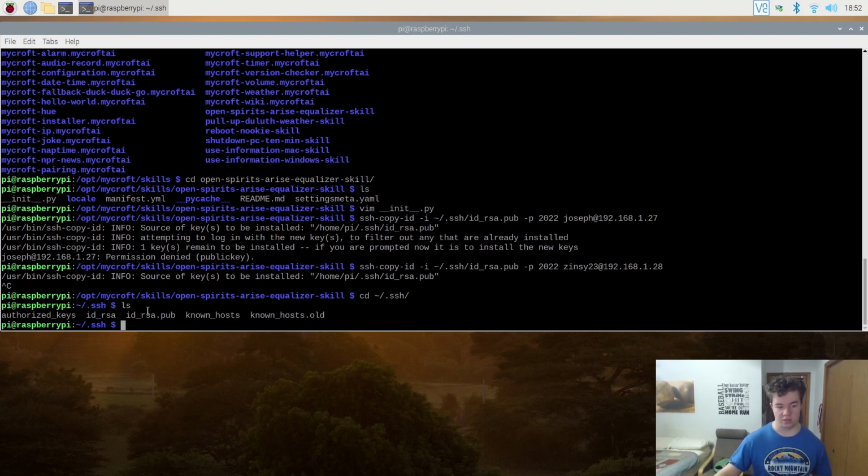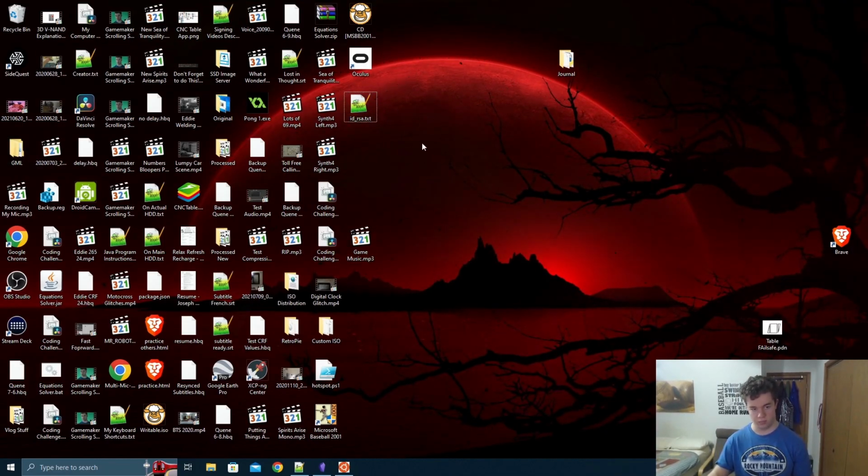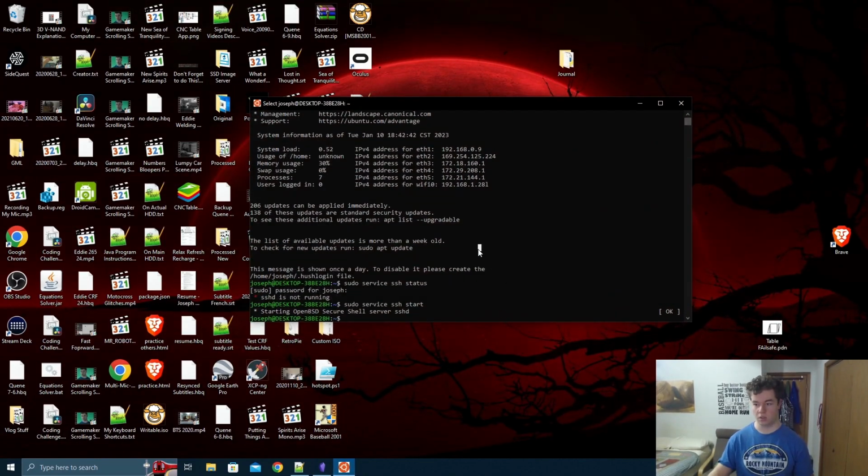So what I've done is I've copied this file to the computer that I'm connected to. As you can see, it's right here. So you don't actually have to do this with that first method with the SSH copy ID. But if you're doing the other method, then what you want to do is